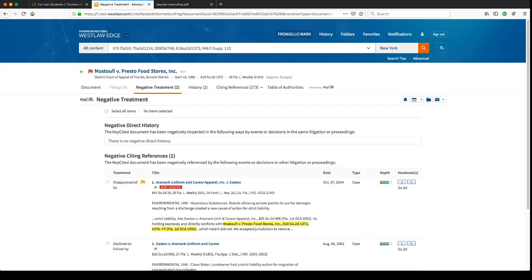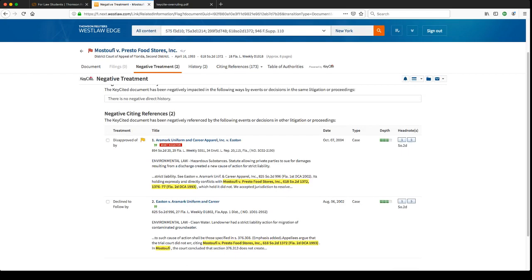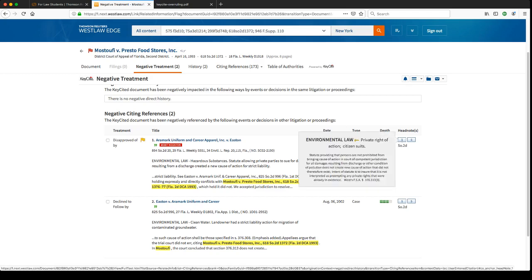When you pull up a list of your negative references, that last column is letting you know which issues in your case were impacted in a negative manner by the citing case. So Aramark disapproved of issues 1 and 5 in our case. Now, if you didn't remember what issues 1 and 5 were, you simply hover over those particular points and we will actually tell you right there on the face of the document itself that Aramark invalidated the 2 environmental law